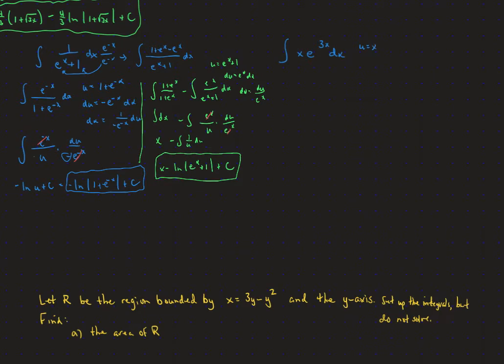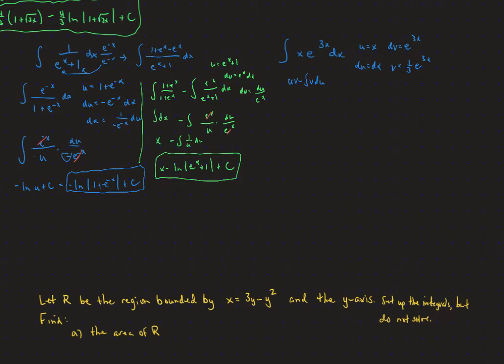So on the next one, we're going to have to do an integration by parts again. So our u is going to be x, and our dv is going to be e to the 3x. The du is very nice, it's just 1. The v, the integral of that, is going to be e to the 3x, but we need a 1/3 to cancel, so that when we differentiate it, we get back to the dv. So now our integral is going to be u v